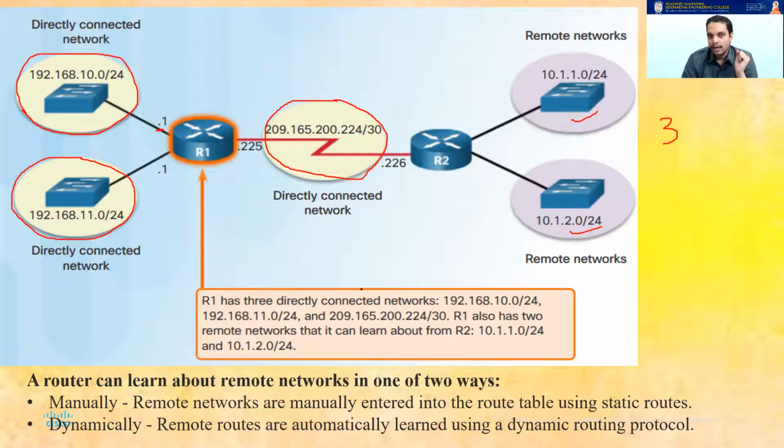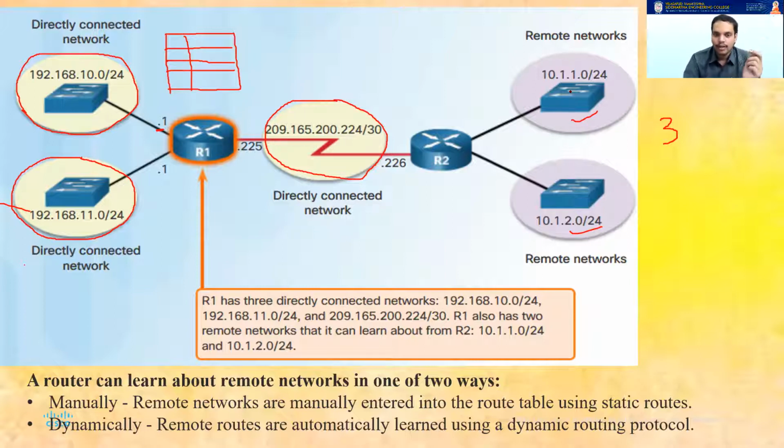Now do you understand? In your routing table, as I told you, the first one is a directly connected network, the second one is a remotely connected network, and the third one is a static route. I'll tell you more about the static route now. So if you see here, these 3 are your directly connected routes, and these 2 are your remotely connected routes. A routing table at R1 should have the information on how to route a packet into these networks, and also how to route packets to these 2 networks.